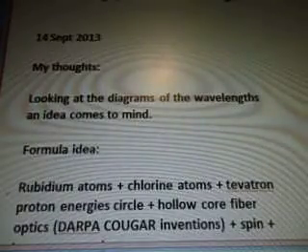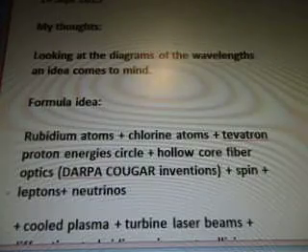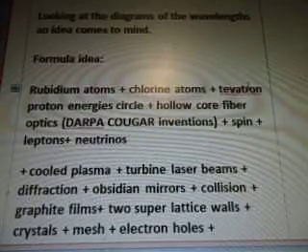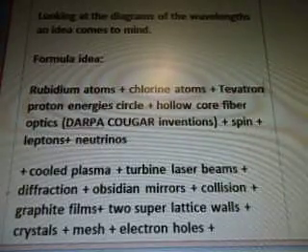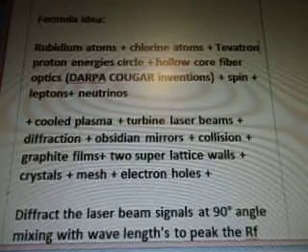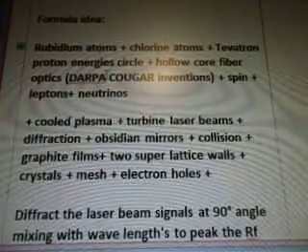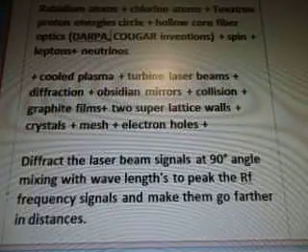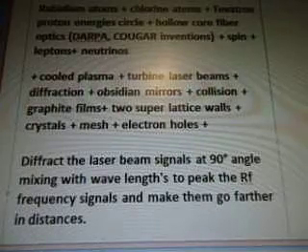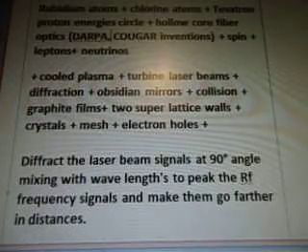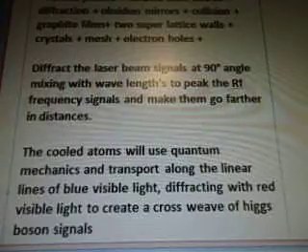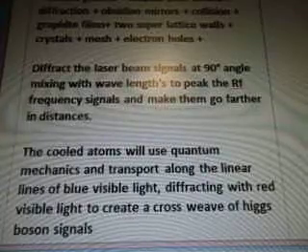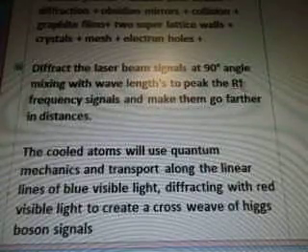September 14, my thoughts. Looking at the diagrams of the wavelengths, an idea comes to mind. Formula idea. Rubidium atoms, chlorine atoms, tevatron proton energy circle, hollow core fiber optics, and DARPA COUGAR inventions, comma. Spin, leptons, neutrinos, cooled plasma, turbine laser beams, diffraction, obsidian mirrors, collision, graphite films, 2 superlattice walls, crystals, mesh, electron holes. Diffract the laser beam signals at 90-degree angle, mixing with wavelengths to peak the RF frequency signals,